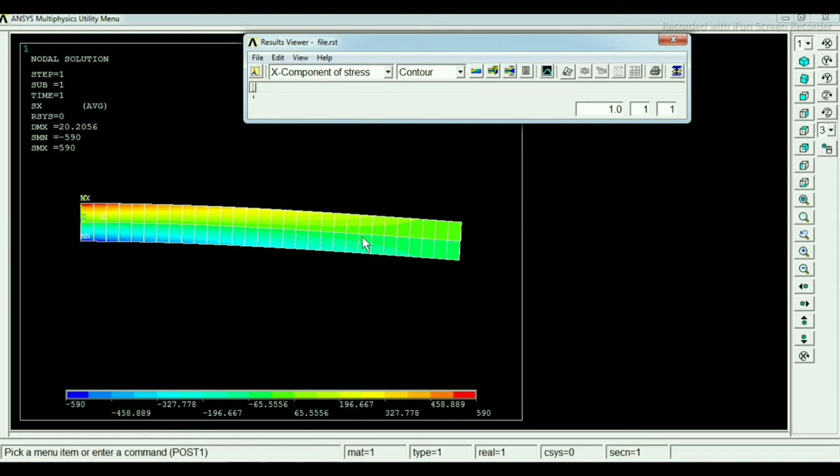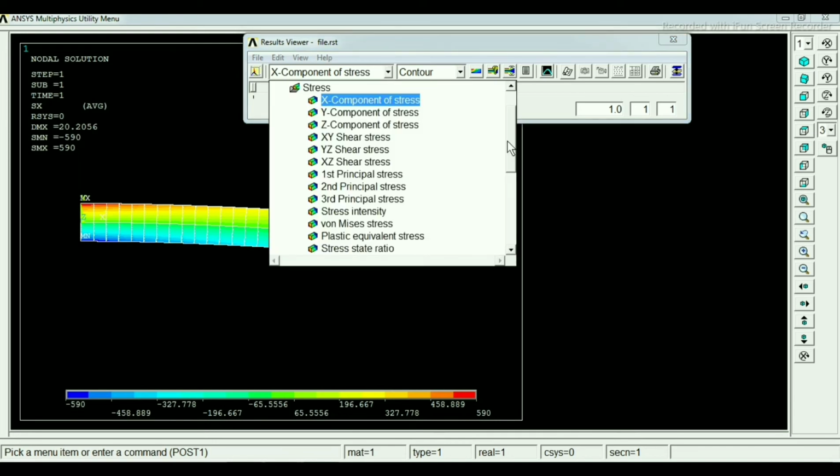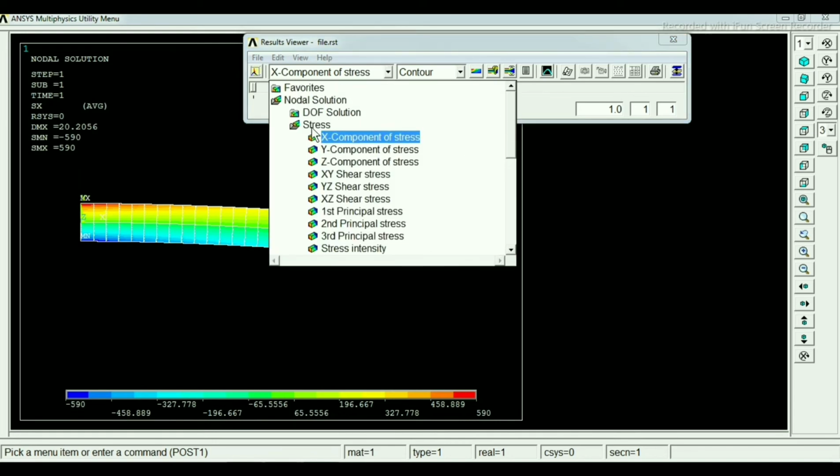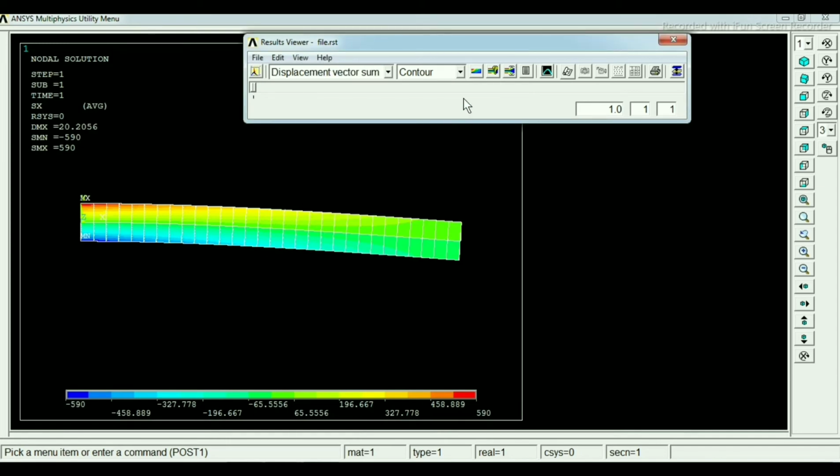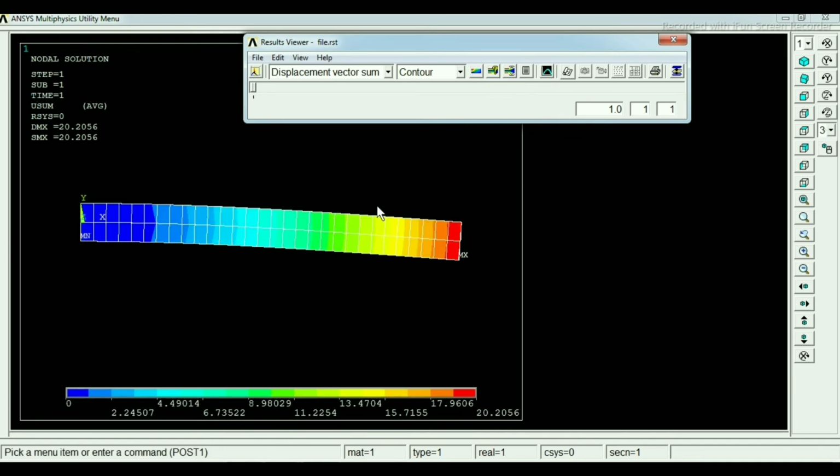If you want to check the displacement in the beam, click on this arrow again, and instead of going for stress, click on Degree of Freedom, and here choose the displacement vector option. Click on this and then plot the result. So this is our displacement in the beam.